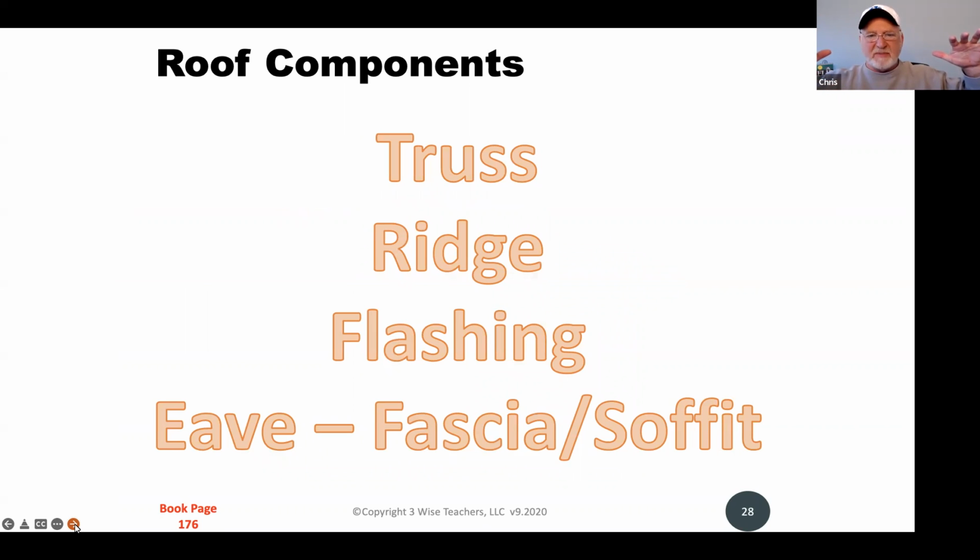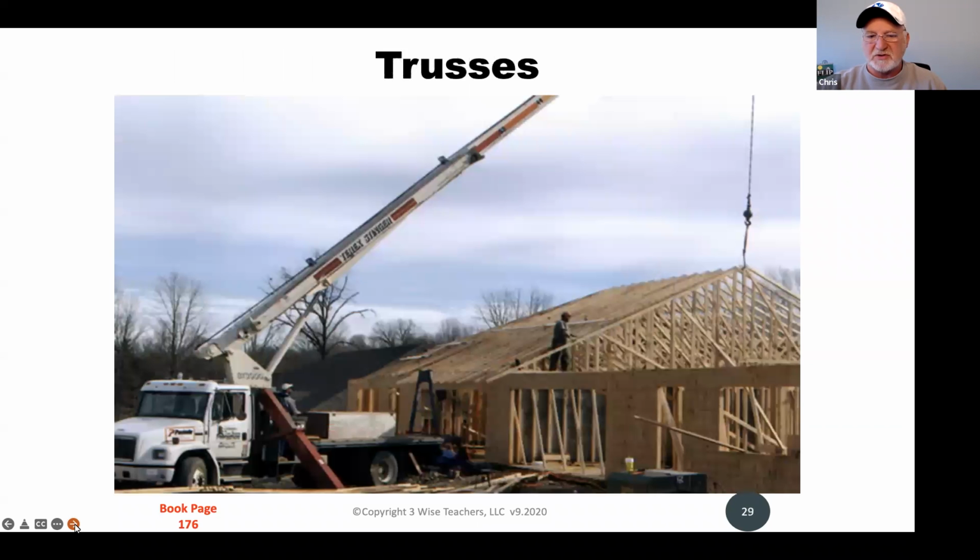Okay, now that we have the house in play, let's take a look at the components of the roof and separate out these words. All right, trusses are interesting from a couple of standpoints. Trusses are a roofing structure, so let's start there. They're an engineered roofing structure. If you've ever seen a truss, and I don't know if you can make it out in this case, you see that there are a lot of angles being built. Now it forms a gable, but within that gable, there are a lot of angles. And what it's done is create an engineered triangle.